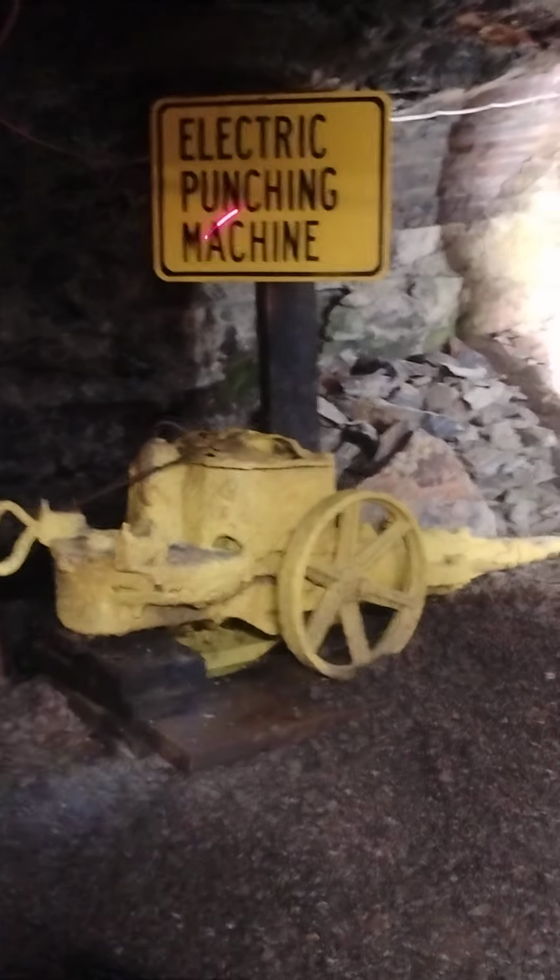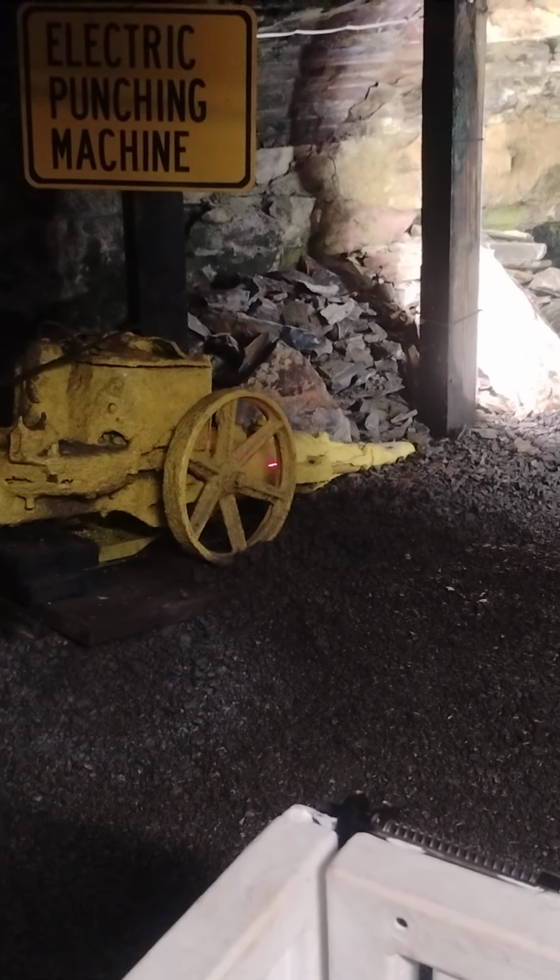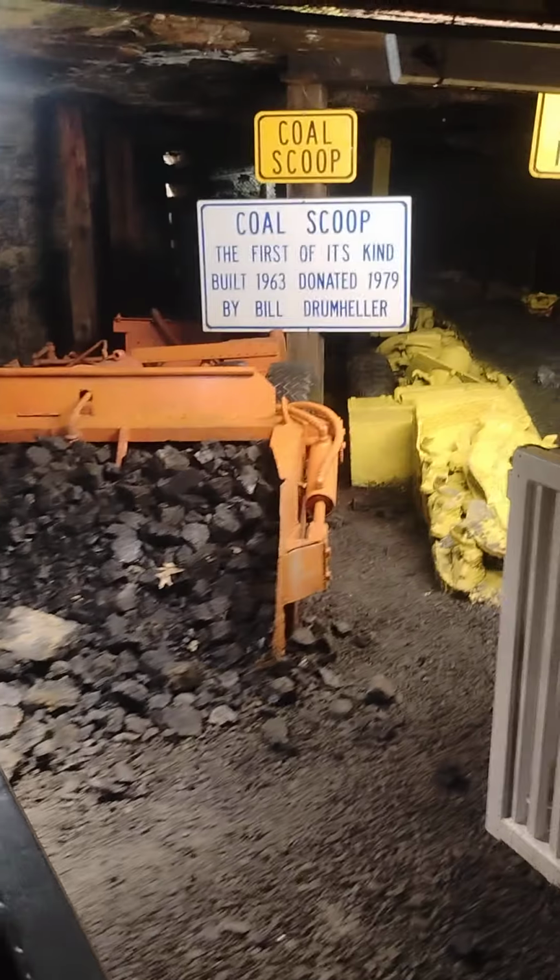Now that's called a punching machine. It says electric, but actually it was compressed air. It works like a jackhammer. The guy